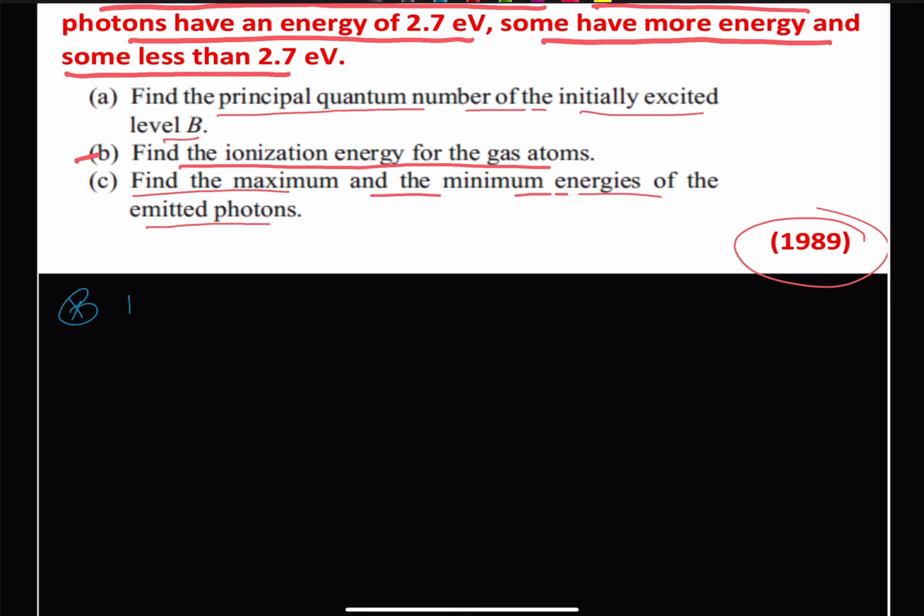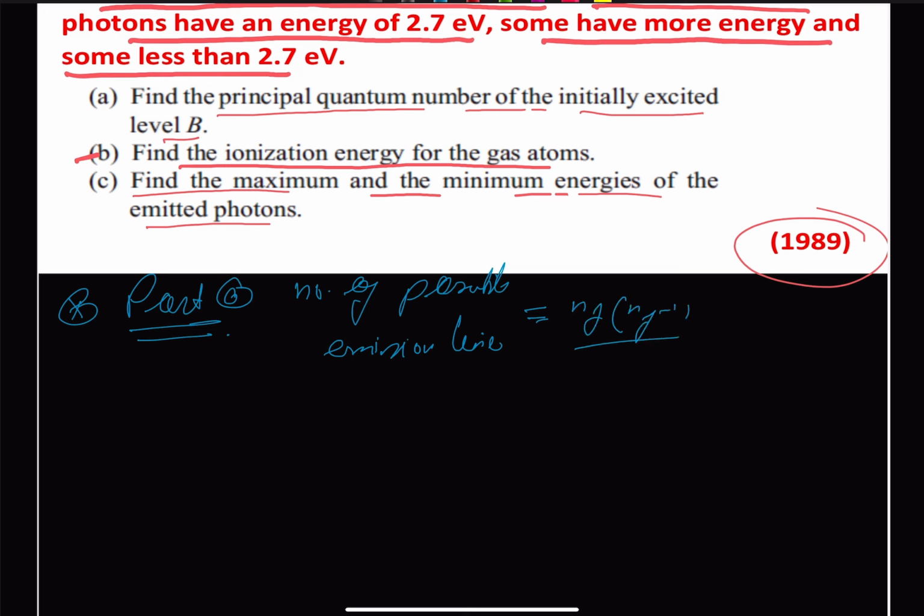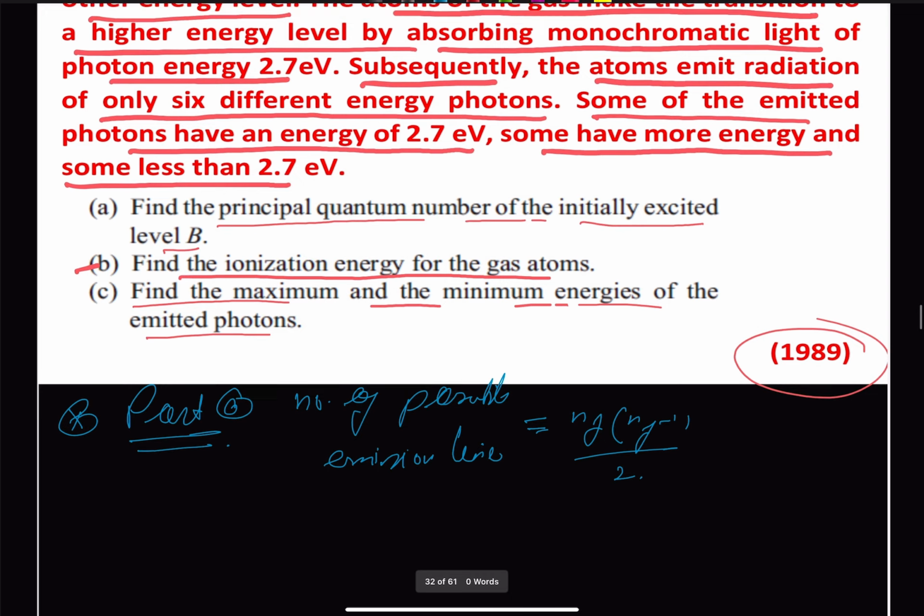So we have part A. And we know that the number of possible emission lines is given as N F minus 1 divided by 2, and we are given